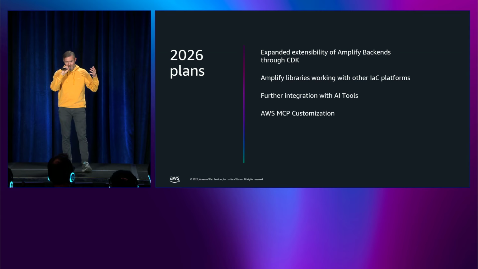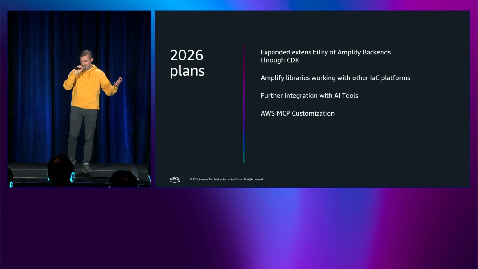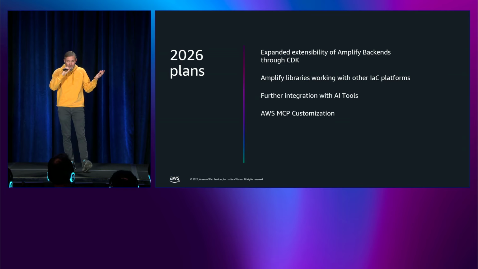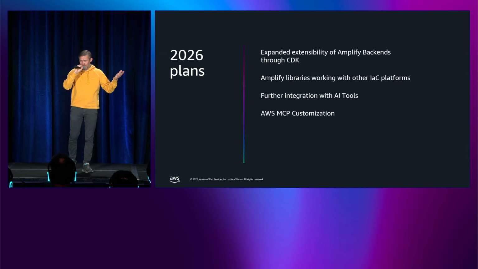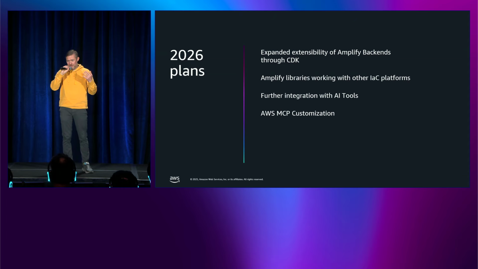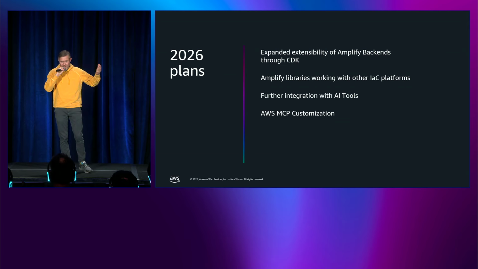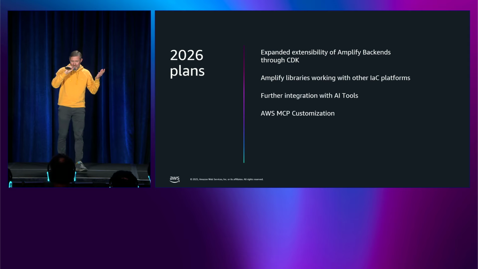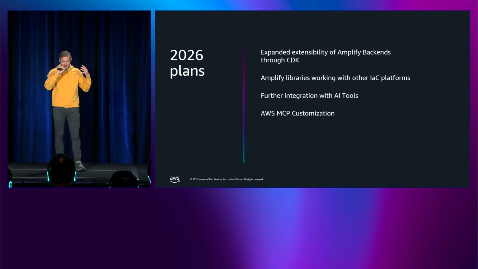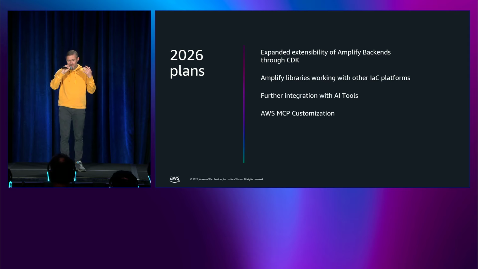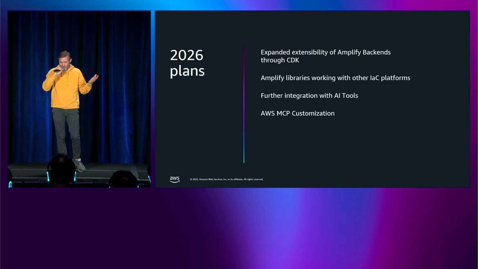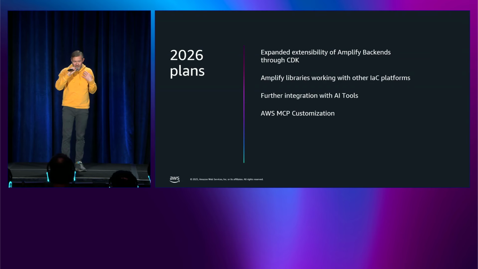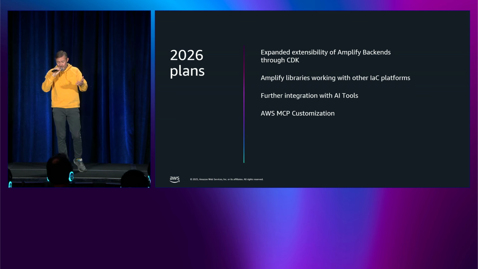But in our case, we actually want to give you the full power of AWS, with sensible defaults that most of you need. We can cater to the 95%, and the 5% should still have a good time to actually escape where they need to go. Amplify libraries working with any other IaC platform is something that we have in mind. If you have created your stuff with Terraform beforehand, I don't mind, that's fine. Amplify should be able to recognize what infrastructure there is and actually apply that.